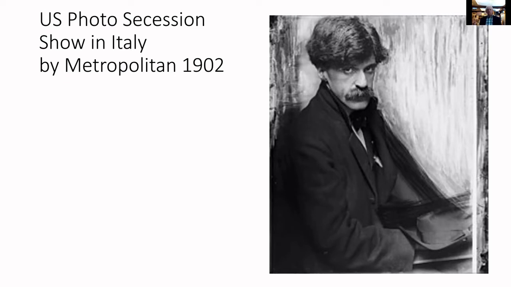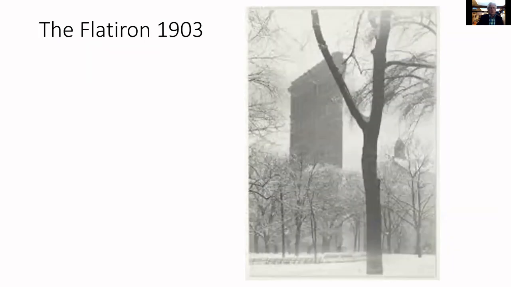It's on the map. And he had an agreement with the curator at the Met that when it came back, the photographs would go into the permanent collection, which would have been the first museum collection in the United States of photography. Well, unfortunately, the guy dies before the show comes back, and nothing's written, so it doesn't happen at the time. But this is the kind of thing that Stieglitz was trying to do to promote the idea that photography was truly a fine art. It wasn't just a way of recording.